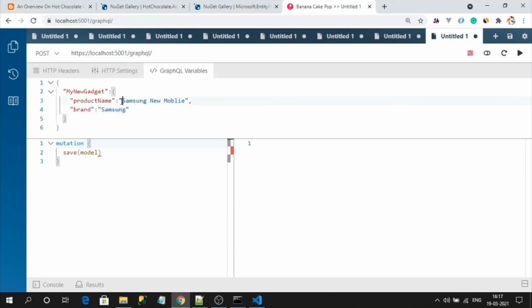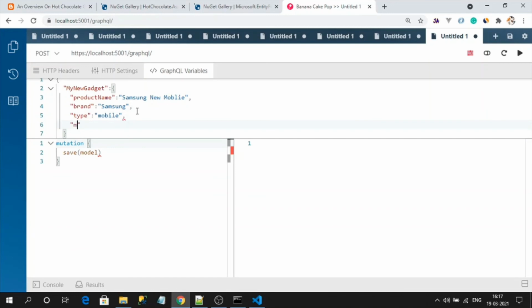So these are all the user data, and all the user data will be changed to my variable name. Okay. And the brand type I have already created. I can say mobile, and its cost some random number. Okay, that is my payload from the user.